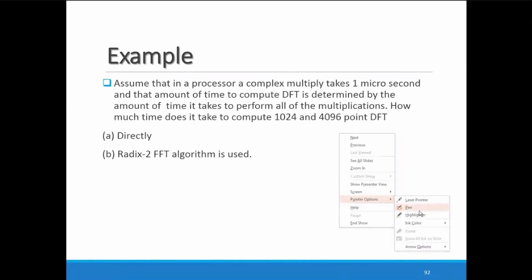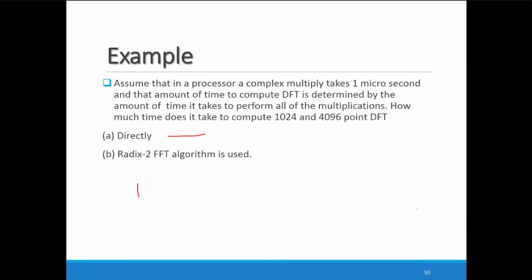Let me write over here. For the direct method, I'm writing N into N, so N squared. So here 1024 squared, into how much time it takes for one complex multiplication, that is 1 microsecond. Okay, so if you simplify this, what happens? You are getting the answer